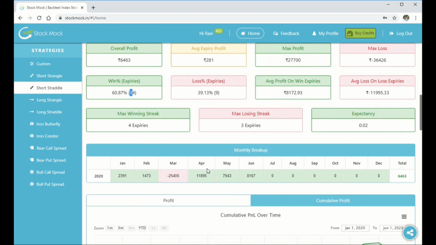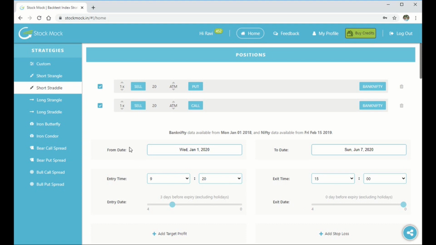Right? So similar backtesting can be done on all the strategies that are available here. And as I mentioned in my previous video, there are pro option traders using StockMark as well. Once a rookie trader becomes experienced and gains more knowledge about risk management or their trading style, the traders would want to create custom strategies instead of using the basic strategies that are known to the entire world.